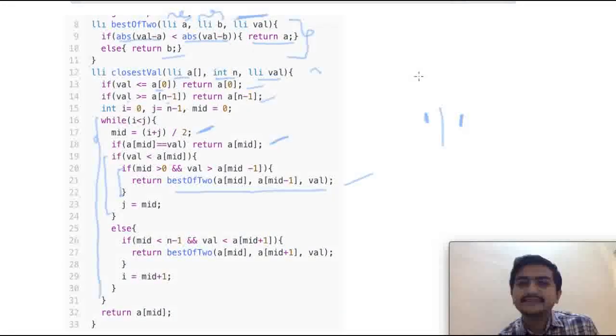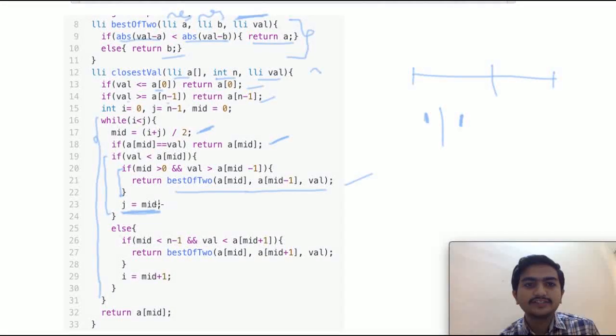Else, just reduce the range to half again. So j will become mid minus 1 here. Otherwise, if mid is less than n minus 1 and value is less than a of mid plus 1, return the best of a of mid and a of mid plus 1.